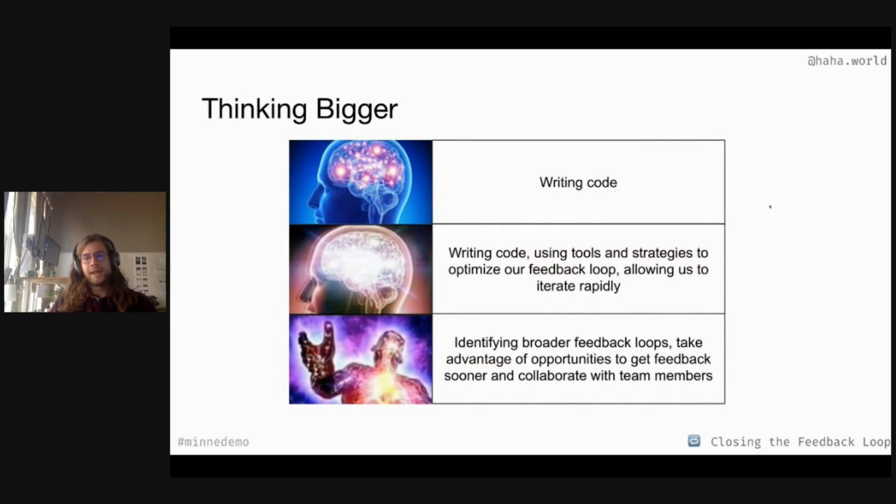So taking a step back now to think about what this might look like. Once you start identifying these feedback loops in your development process, you will, I think, oftentimes start seeing them everywhere in your life. The big brain idea is using these feedback loops to optimize the way that you develop software. And then the galaxy brain idea is maybe identifying feedback loops